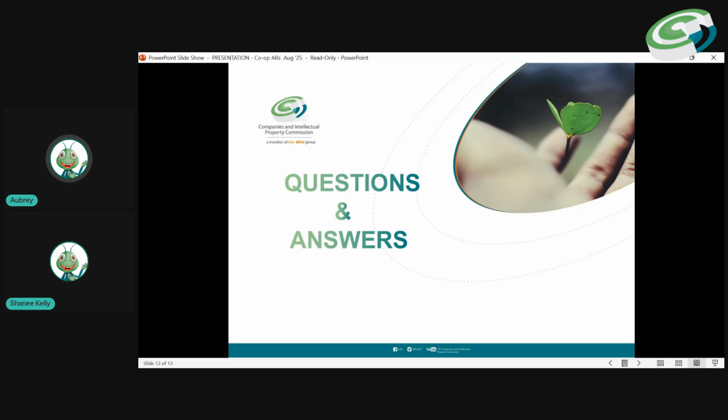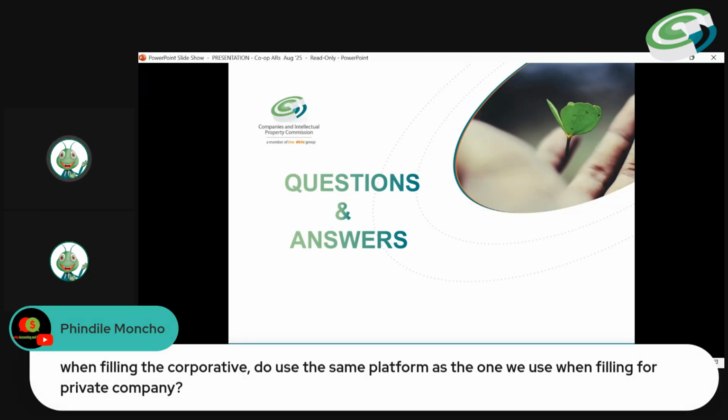The cooperative annual return is not on the same platform as the one for companies and CCs. This one is on the new e-services.